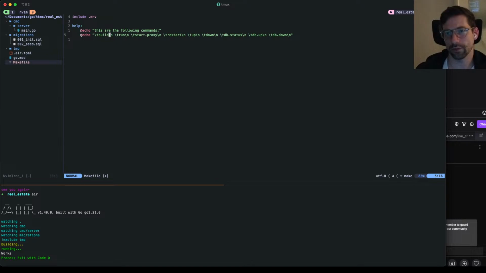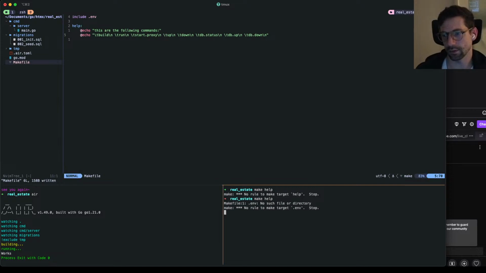So we don't have either build or run or start, or I mean start proxy or restart. Probably I'll get rid of this restart, but up, down, we'll use this. Okay, so now if I do make help, well, first I gotta save this. And also no such file. Okay, so